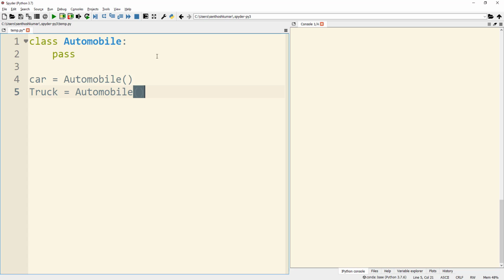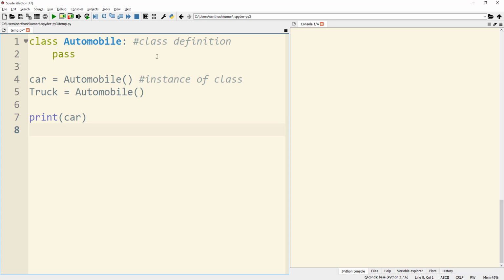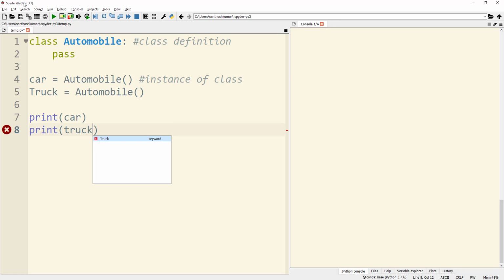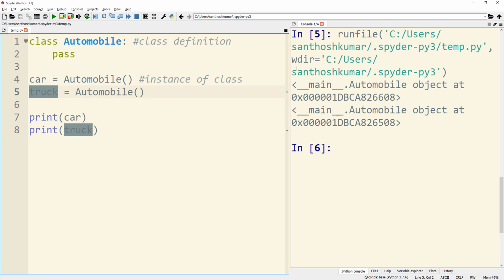So truck again becomes another instance of the class automobile. When I print the instance variables car and truck in lines number 7 and 8, you can see in the console that it just displays the memory location of both the instances, and you can see that they are pointing to different memory.